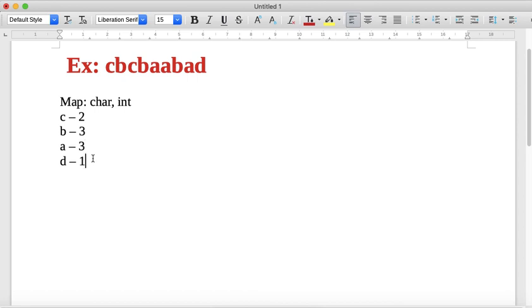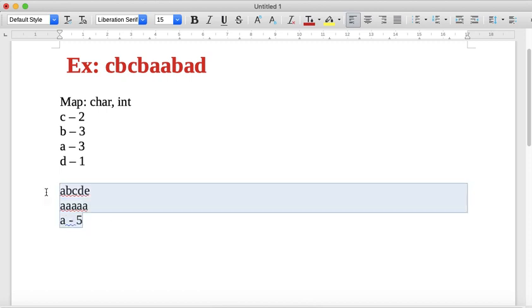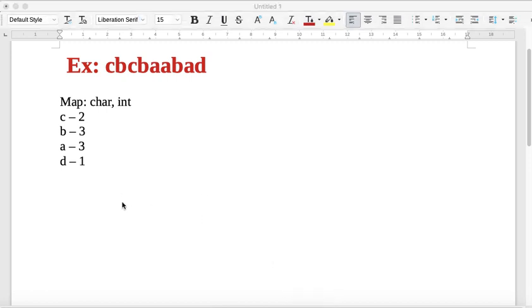One property you can see from this input is that these values have a range. What is the max? You can have two corner cases. Say I have a 5 character string. It can be like this where all the characters are different, or it can be like this where all the characters are the same. When all the characters are different, all the values will be 1, which is the minimum value. When all the characters are the same, the map will contain A with the value 5. So the maximum value is the length of the string. So this is one property that we can use for sorting.